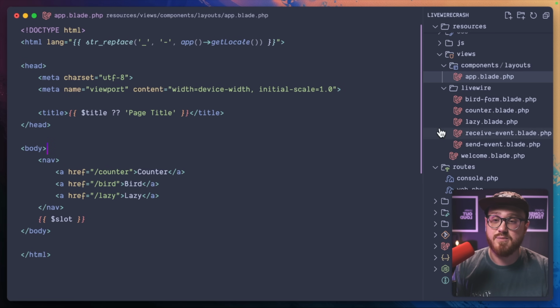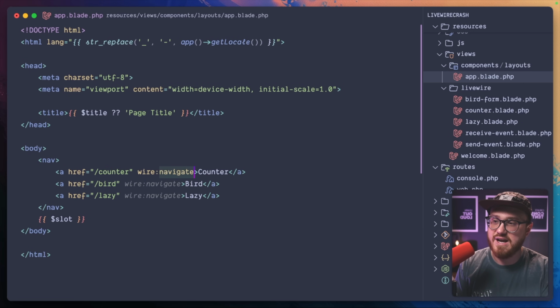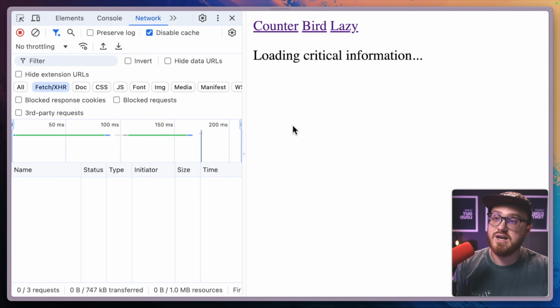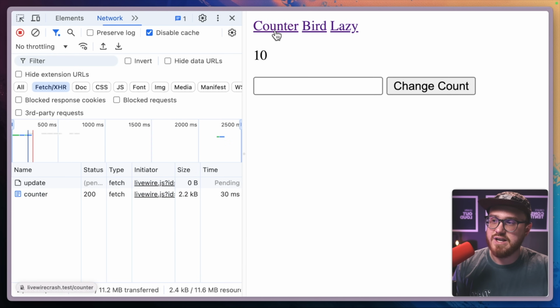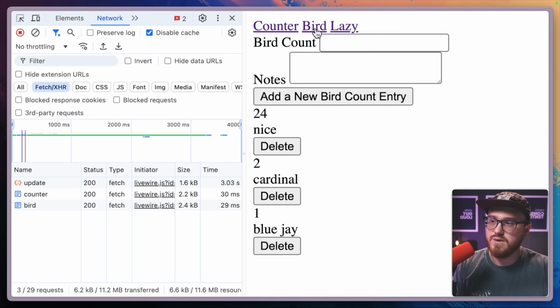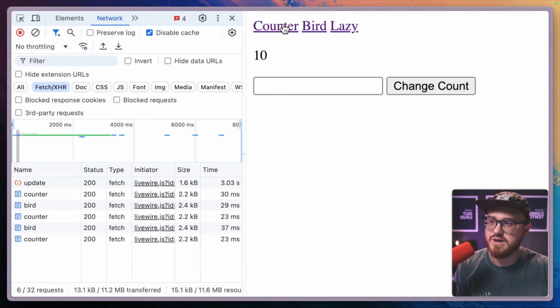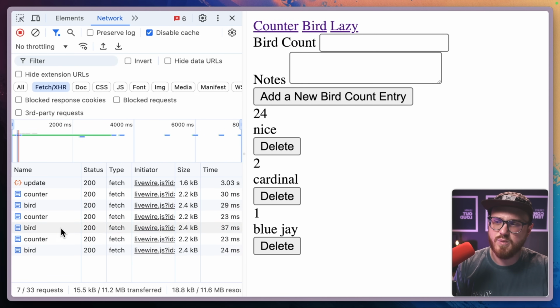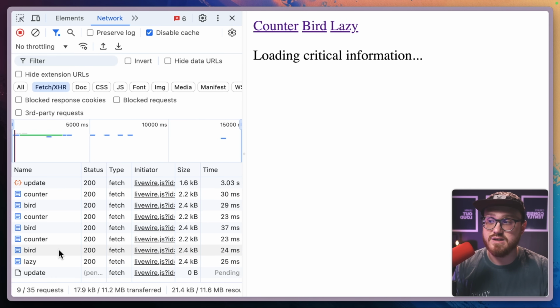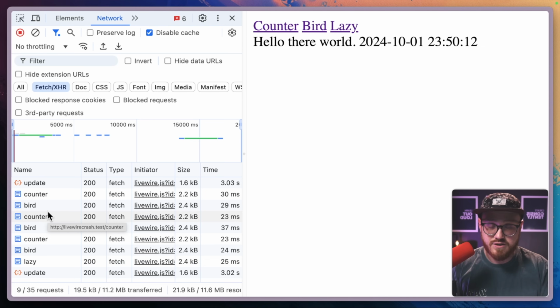Well, in our app.blade.php, that's the Livewire layout that we set up, we can say wire:navigate and put that for every single time we're directing to a new full page component. Now we're going to refresh, counter, bird, counter, bird, counter, bird. You can see here that we're fetching this information instead of doing a full page refresh. Lazy, it's grabbing that component